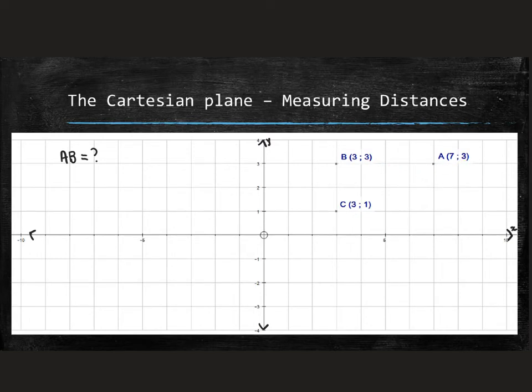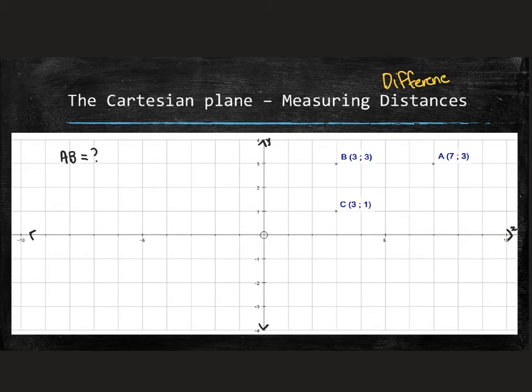But what I do notice is that the x coordinate of B is 3, and the x coordinate of A is 7. So how do you get from 3 to 7? Well, you can work out that distance means difference. I'll say it again. Distance means difference. So if I wanted to work out how far I am, I could work this out using